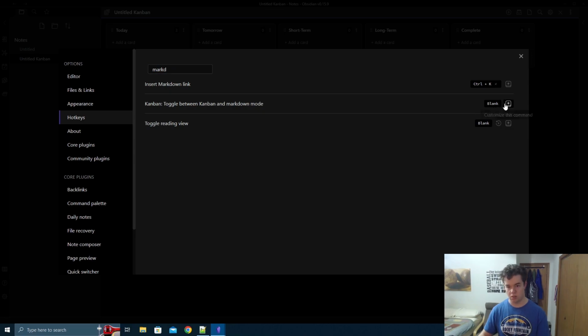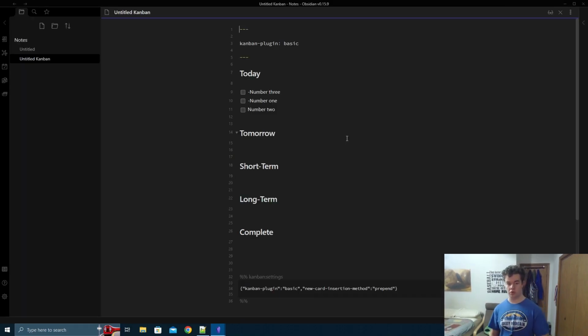Then to toggle between the modes, I'm gonna delete this because I don't want to use it for that. I want to map that to Control E, so I just click this and press Control E. So now I can press Control E and it'll take me right to there. So if you have a list on a text file or something, you can paste that all in here. But then you will have to possibly convert it to this format right here. Although it might not be necessary,